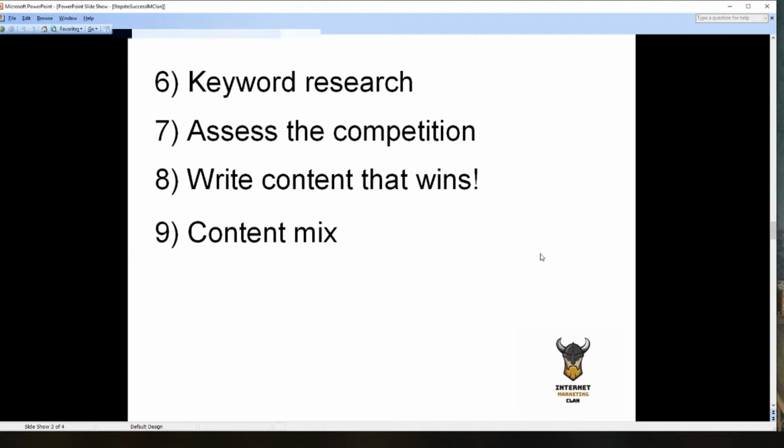I personally wouldn't write any blog post less than 1,000 words these days. In years gone by, you could stick up a 300-word blog post, fire a lot of links at it, and it would rank. But these are different days. Google is looking for good content, and lengthier content as well is just going to rank a lot better. It's going to pull in a lot more long-tail keywords and traffic for you also. So I would suggest start off with those question type keywords, question and answer type posts, and then maybe move on to